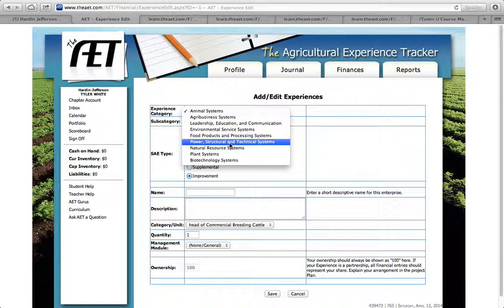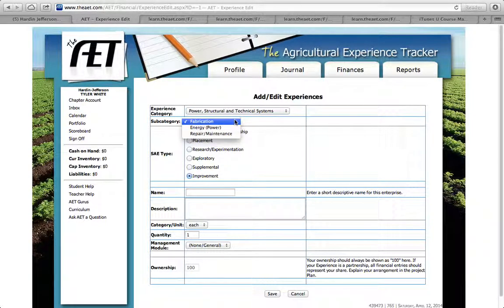So we're going to say that this is, let's see what this has in it. Power structural fabrication, repair and maintenance. That's perfect. So we'll call this China bikes repaired. In the description, you'll need to put something that describes what the name of your experience. Repaired bikes and